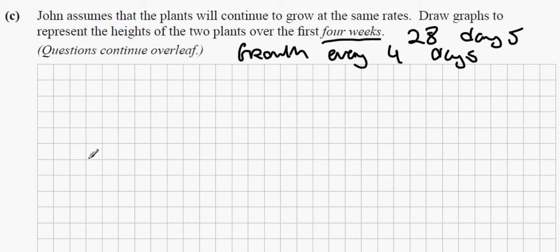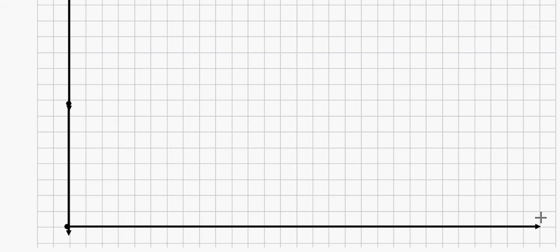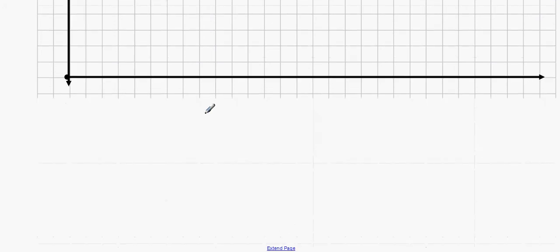Now, we're going to start off with a big line here, and then we'll have one going over here. First of all, we're going to draw the time in. We're going to draw the time on the x-axis, which is this part here. And time, we're going to go up in 4s, right? So 4